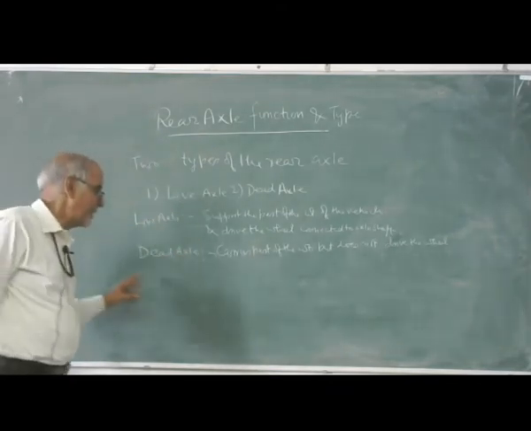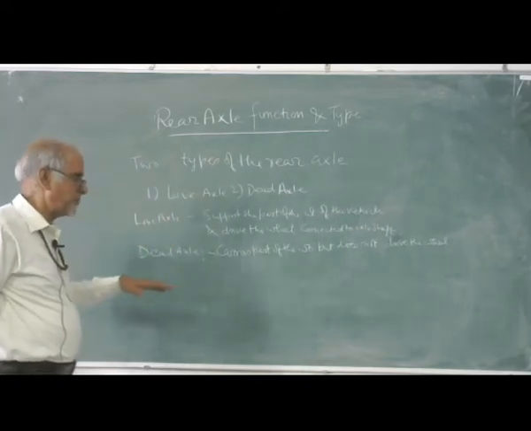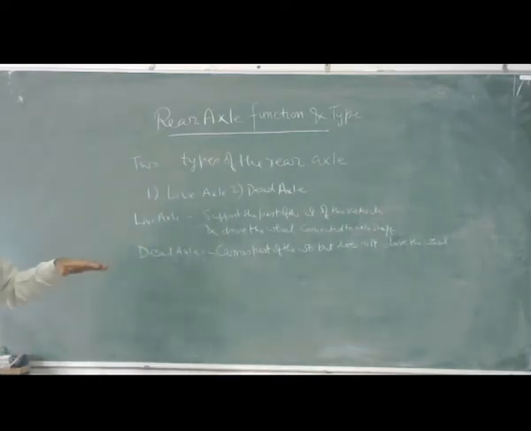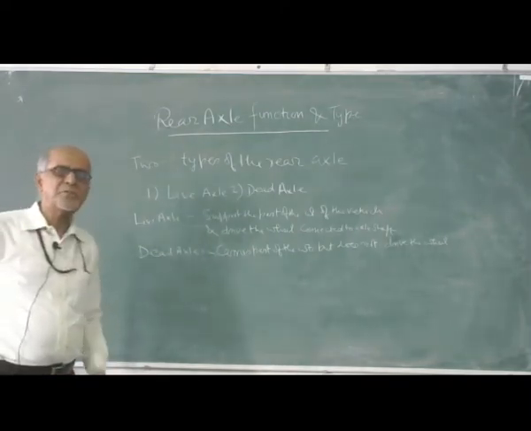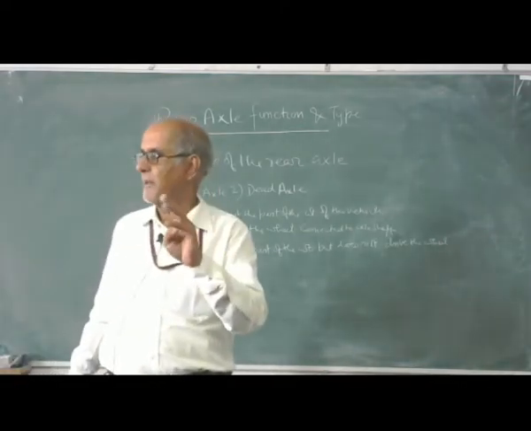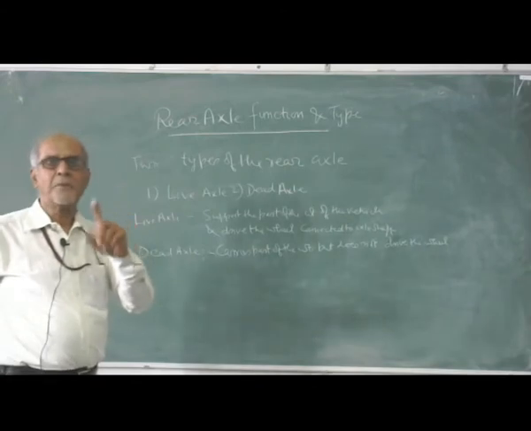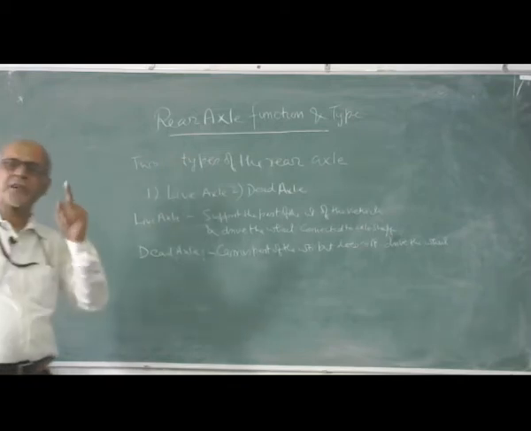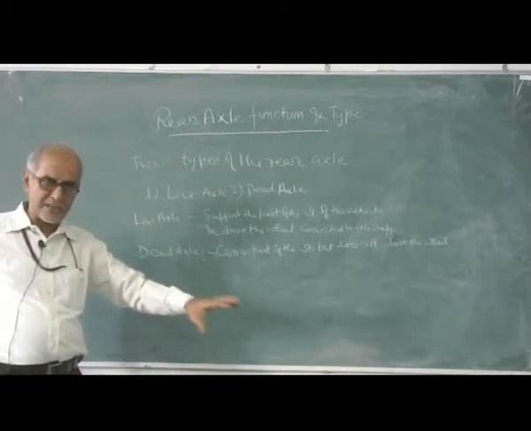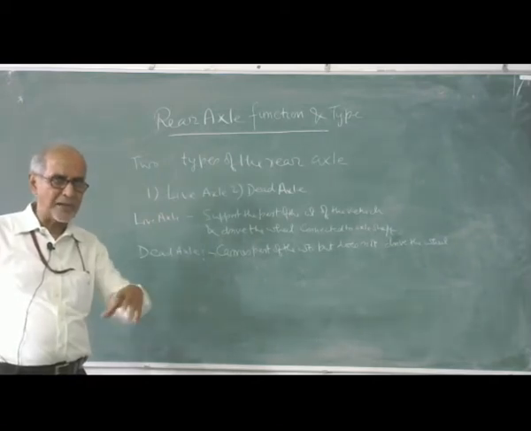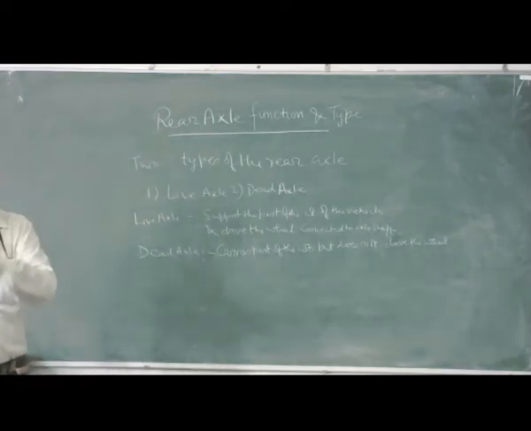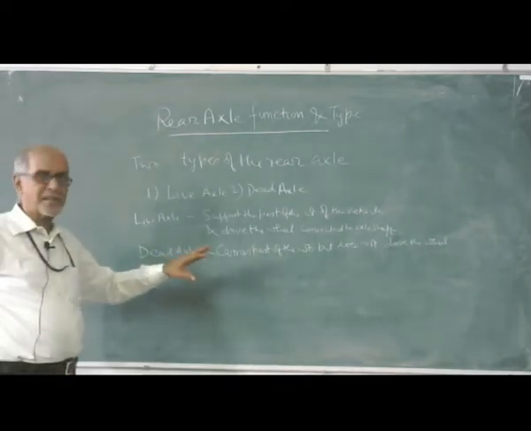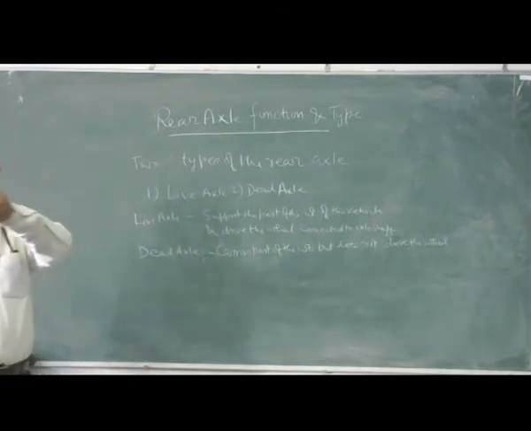While the dead axle carries only the weight of the vehicle, but it does not help in driving the vehicle. Nowadays, you must have seen there are two types of driving unit: front wheel drive and rear wheel drive. You must have seen all the small cars, they are front wheel drive. So in front wheel drive, the power is transmitted directly to the front wheel and gives the motion to the wheel, while the rear axle is a dead axle type. It is just supporting the tires and wheels, but there is no power transmission.